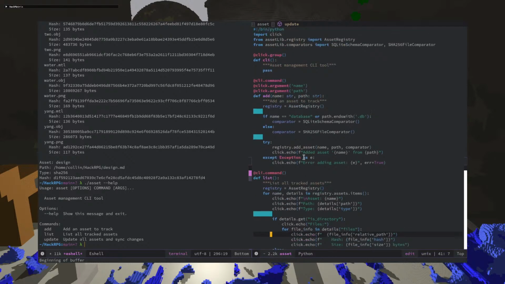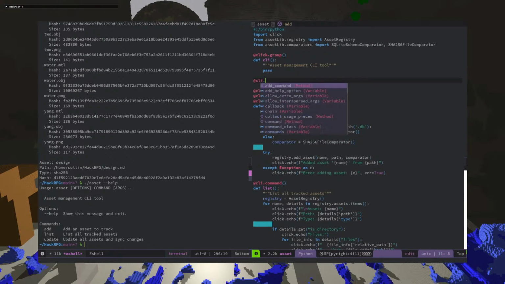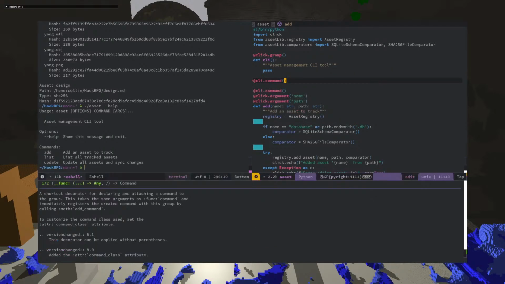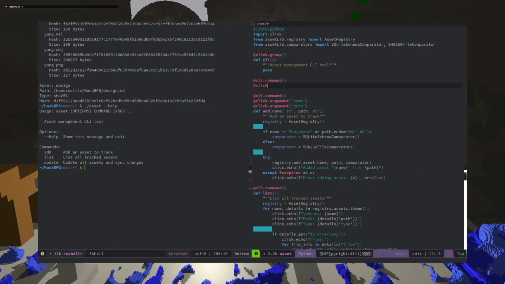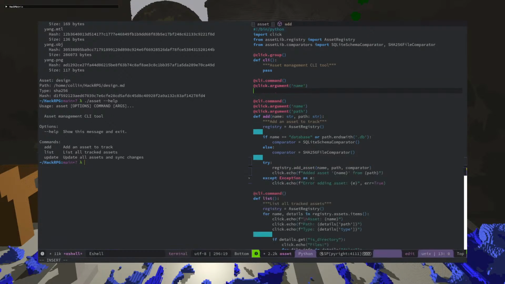And so if I want to remove, I need to add a CLI argument. Okay, so then this will just be cli.command, and then click.argument. So this will be the name. Okay.